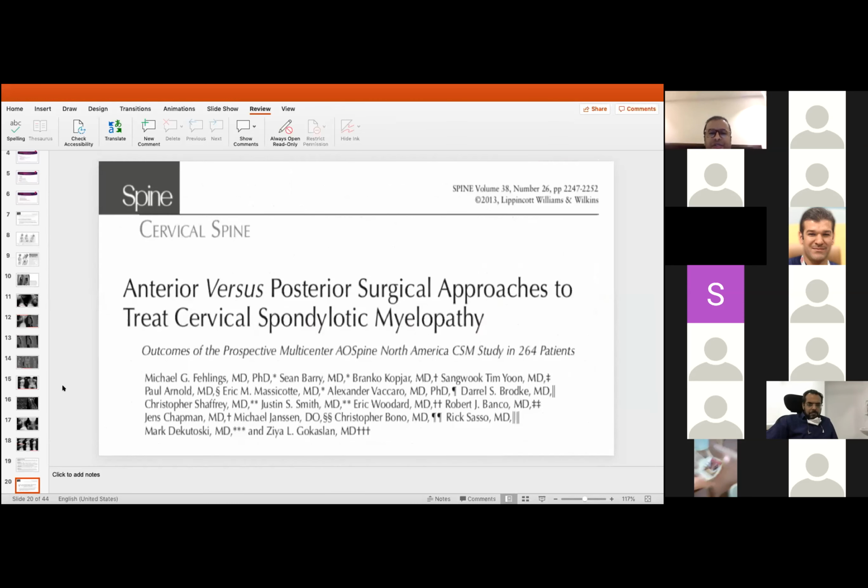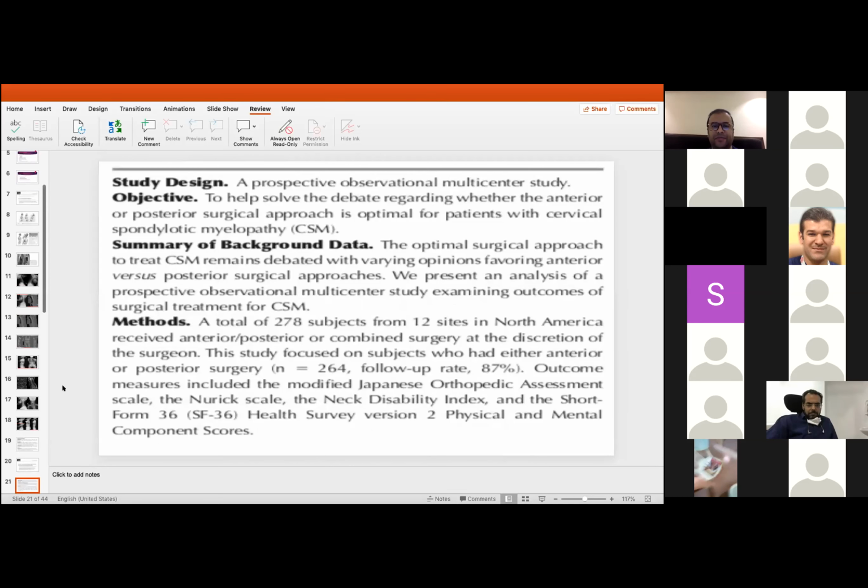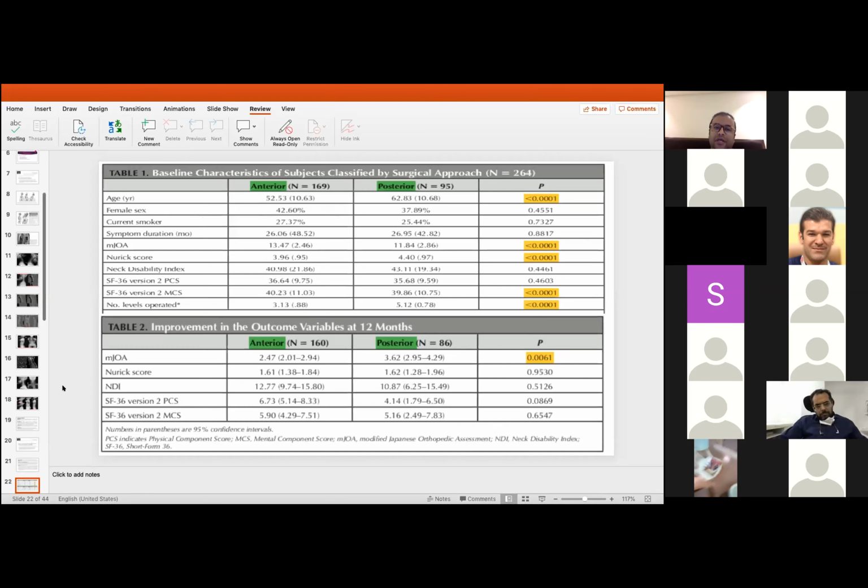So going anterior versus posterior, this is an AO study, a multi-center study done by Fehlings from Canada, talking about whether to go anterior or posterior. The bottom line of this paper, they show there is not much of difference if you go anterior and posterior, if you approach your patients properly. So they have significant differences between all of these patients in terms of gender and age, if you go anterior and posterior. But it also depends on the practice of your